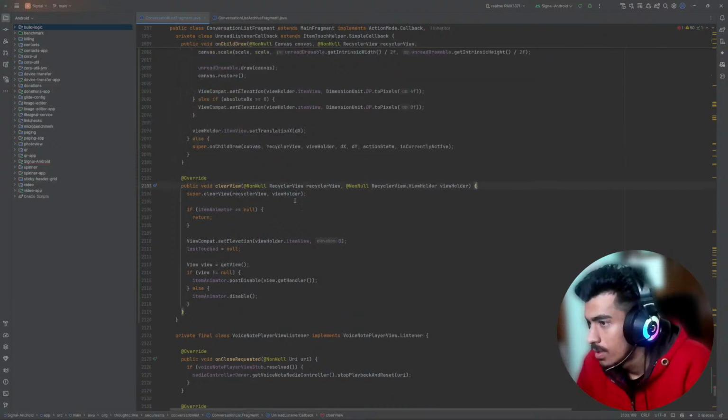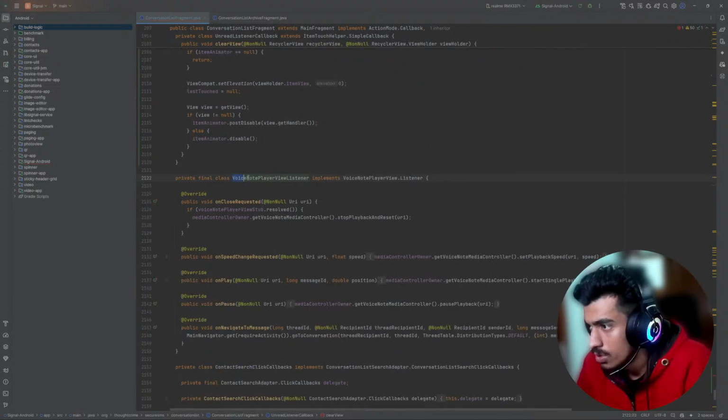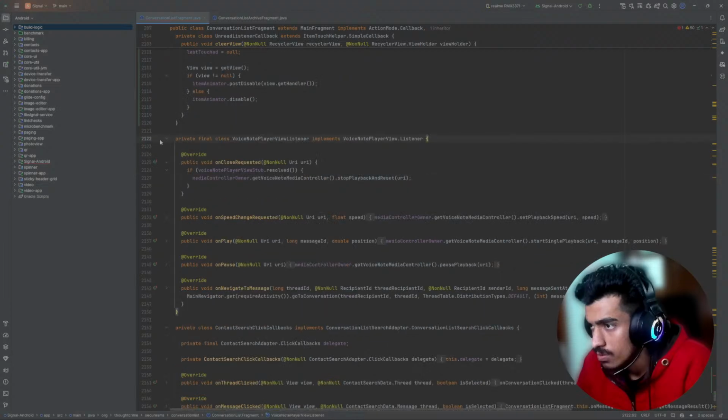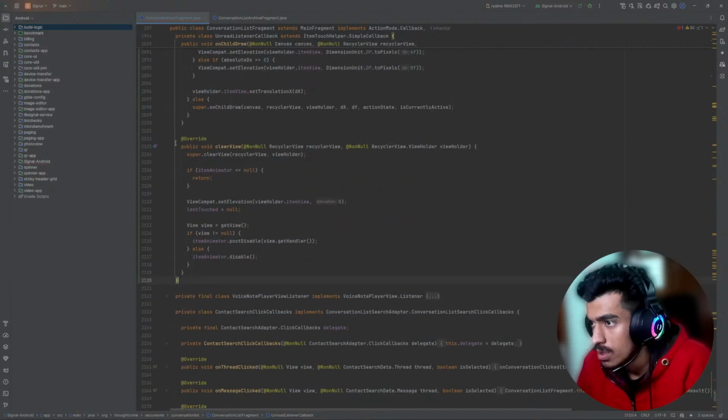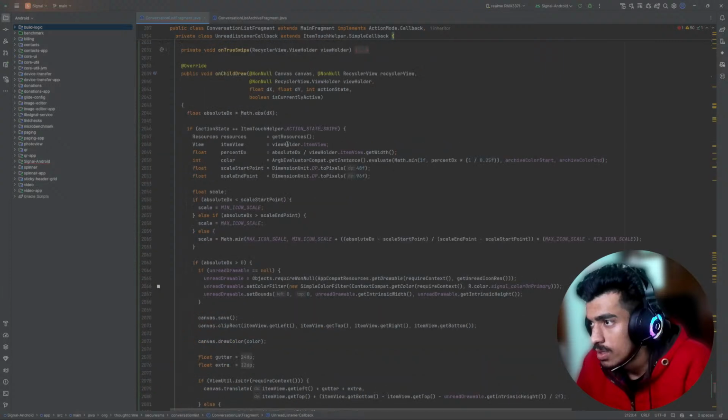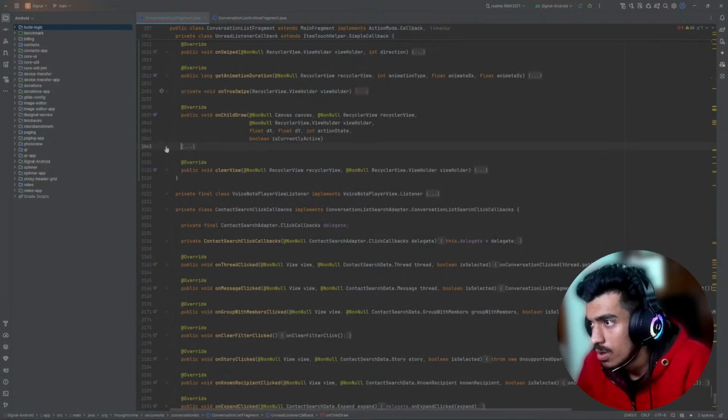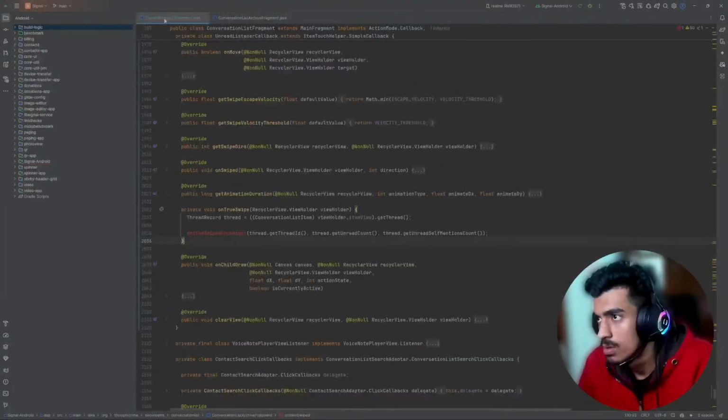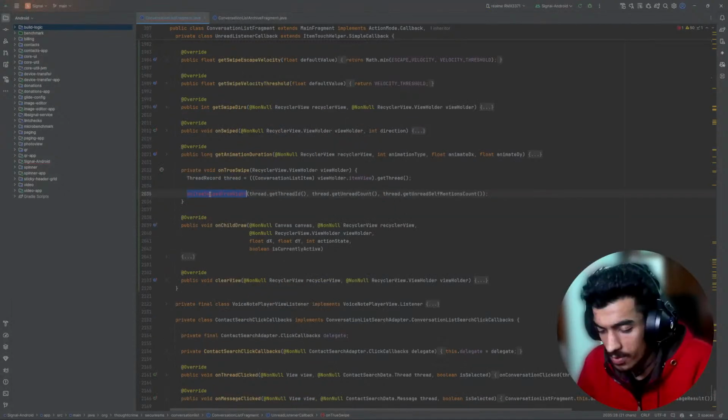Clear view, void not update listener. Let's close this. We only need this. So clear view is not required. This is changed entirely now. On child draw. On true swipe. We will create it. And